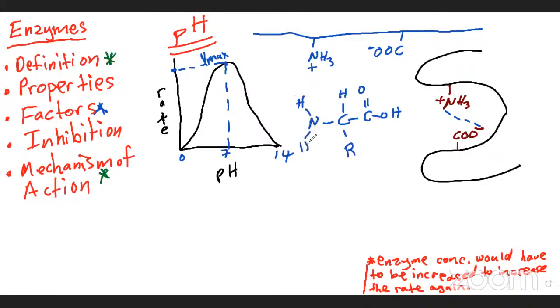Even if you don't do chemistry, just know that when you put a protein in an acidic solution, this group on your protein is going to pick up a proton,